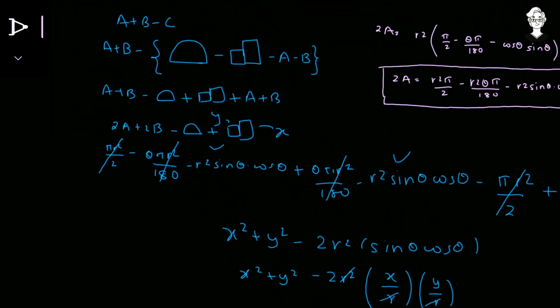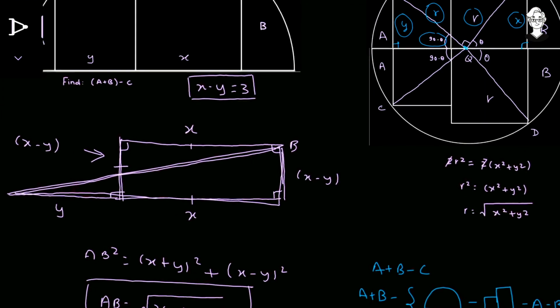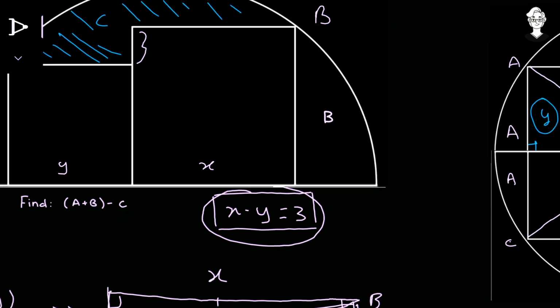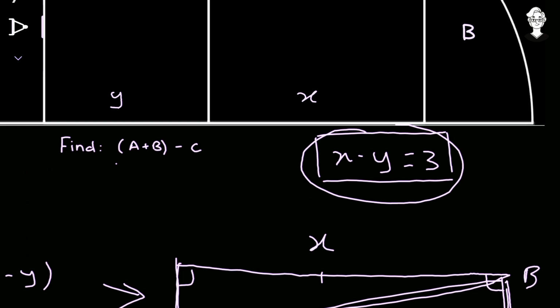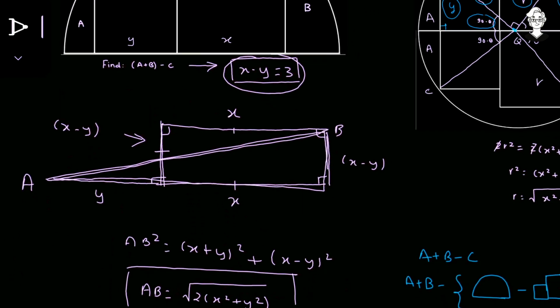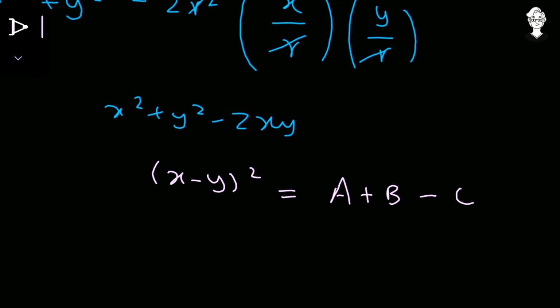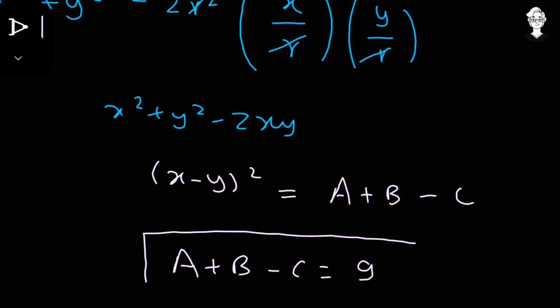Now remember, in the beginning, the only numerical value in this whole question was x minus y is equal to 3, that was given as this particular length. So here we can see that the value of this particular expression has come, and that too in terms of this particular thing that was given in this question. So we have x minus y is equal to 3, and the value of that particular equation, that is a plus b minus c, is equal to x minus y the whole square. X minus y is equal to 3. Therefore we have the final answer that a plus b minus c is equal to 3 square, that is 9, and that's the answer.